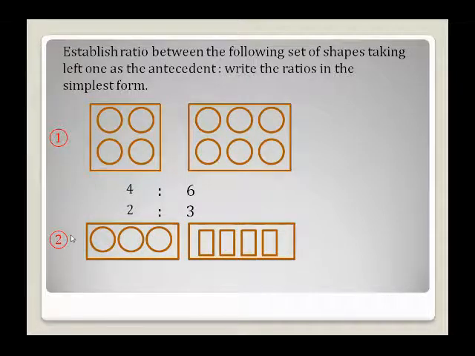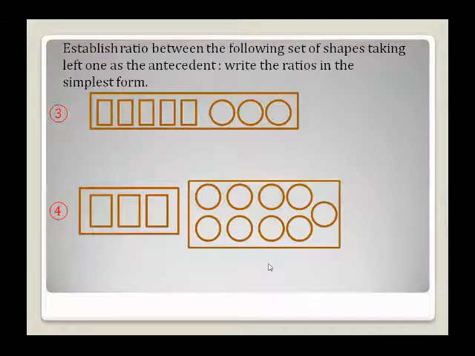Now another question from the same exercise, question number 2. Here we have the 3 circle in the first square and the 4 rectangles in the another box. Now there are 3 circles, so here we write the 3 ratio 4. Now there is no simplest form of this, so we write the direct answer here. Now the same question for the question number 3 is there are 5 rectangles here and 3 circles. So here we write 5 ratio 3. Okay, there is no simplest form here, so this is the final answer.